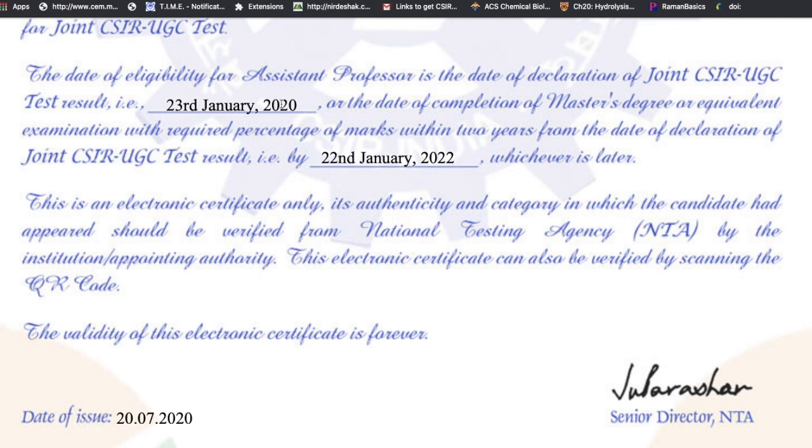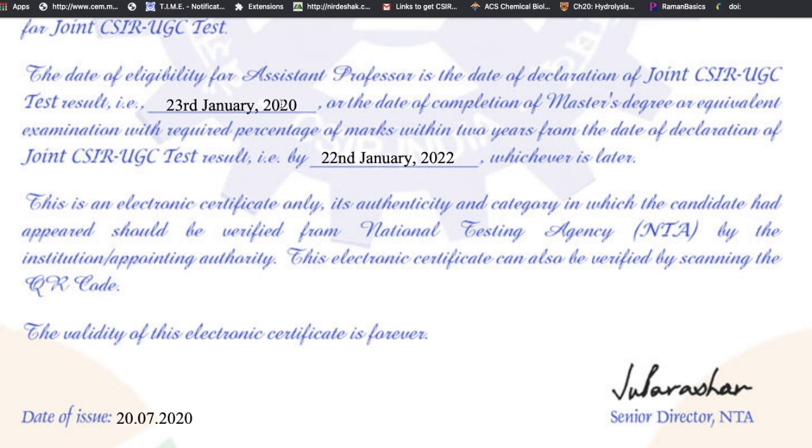And this is for them who have already qualified the masters exam, who have already passed out their masters. For those who are in their masters, let's say second year or first year, or third semester or fourth semester, in any semester of their masters, for them the date of eligibility of this certificate would be the date on which they qualify their masters exam.